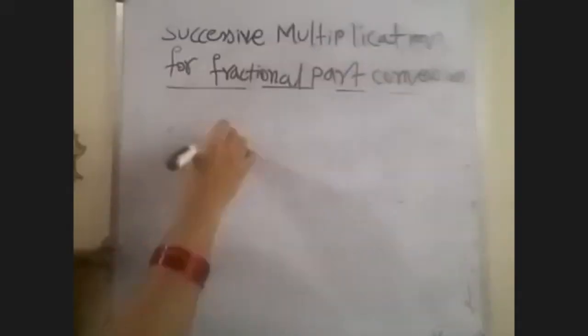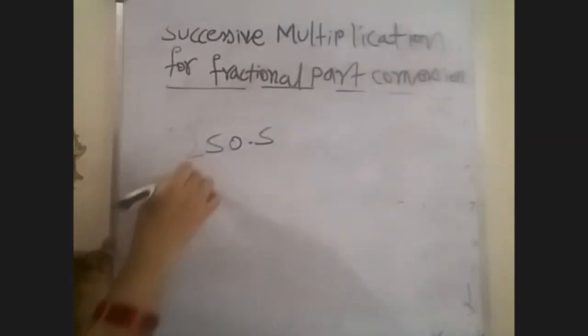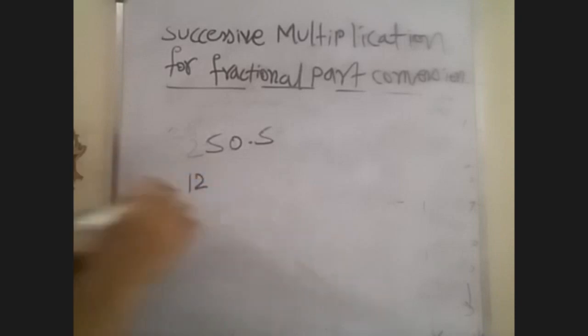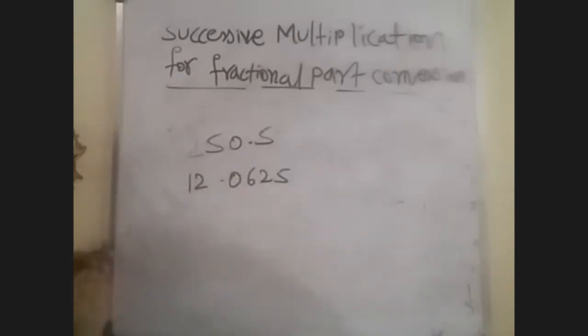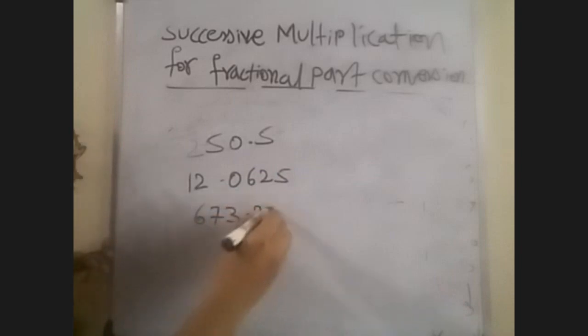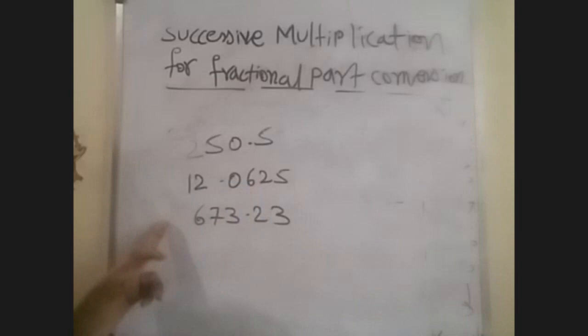Decimal numbers. First one, 250.5. Second one, 12.0625. And third one, 673.23. Convert the decimal numbers 250.5, 12.0625, 673.23